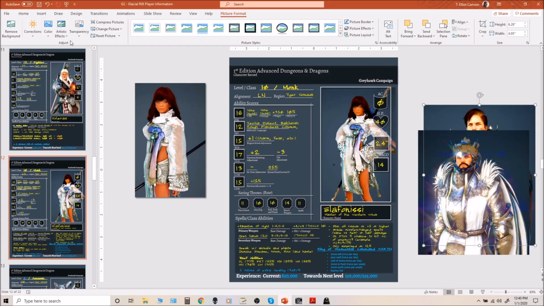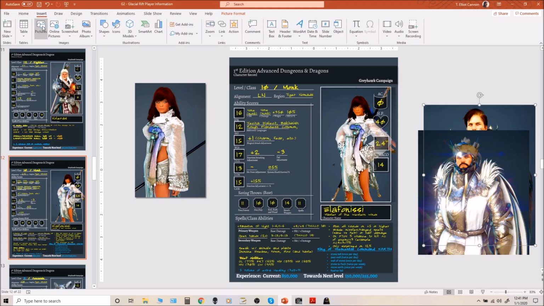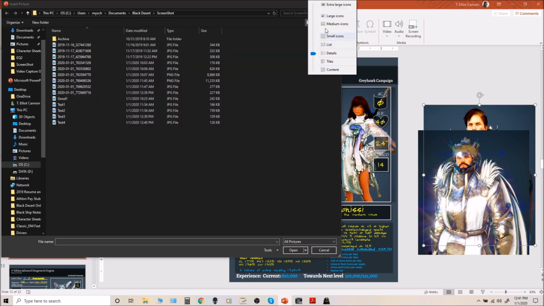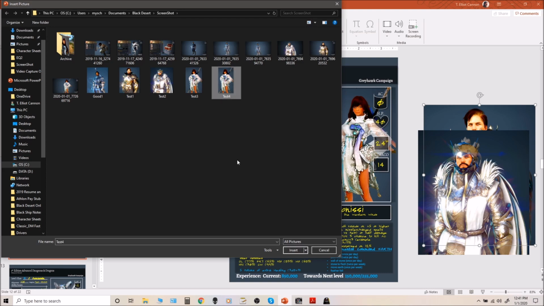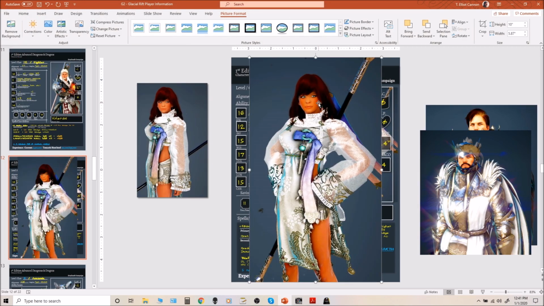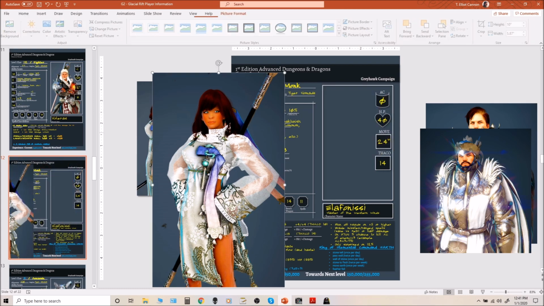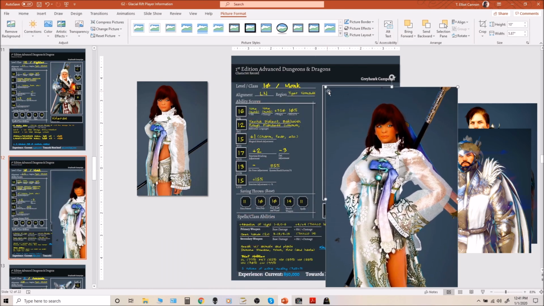Right? Go back into PowerPoint, insert picture. It's going to remember the folder that you're already looking at. Let's actually change that view to large icons. Test 4, and we can see how that fits. This is test 4. This is test 3. We'll get rid of that. Select it and delete it. Anchor this upper left corner here,